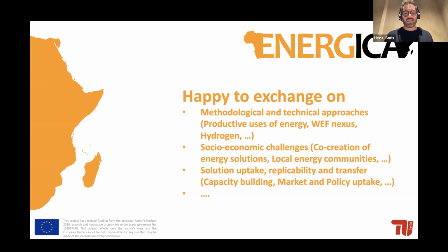The other part, the socioeconomic challenges, speaking of the transition boards, involving the local stakeholders, the co-creation of energy solutions, and the generation of local energy communities bottom up, is a second area where we would be happy to connect and discuss further. And the replicability, basically being produced out of the bottom-up approach, taking these tailored insights back up again to a higher level and learn from them in order to generate a generalized view or a manual with points to keep in mind when